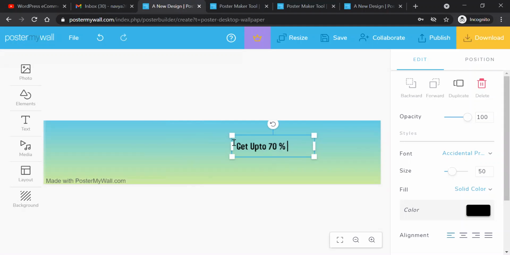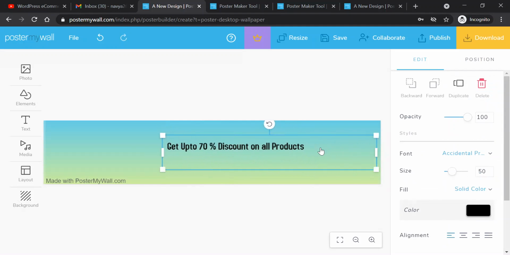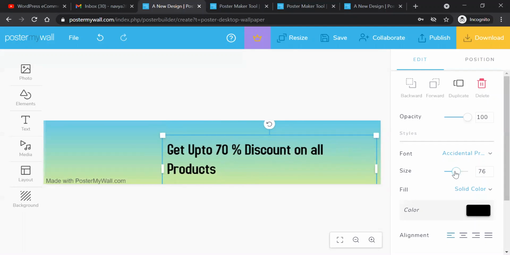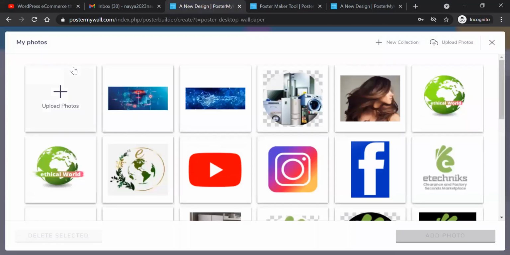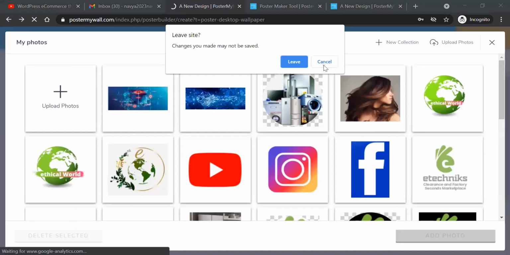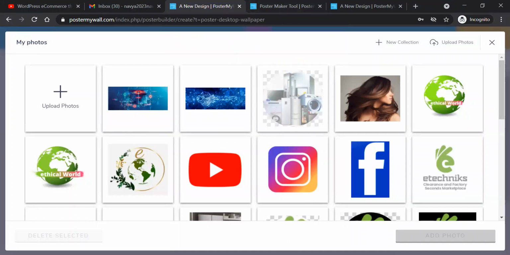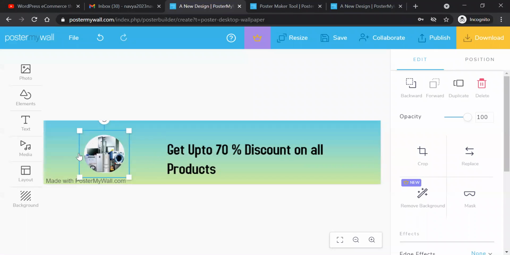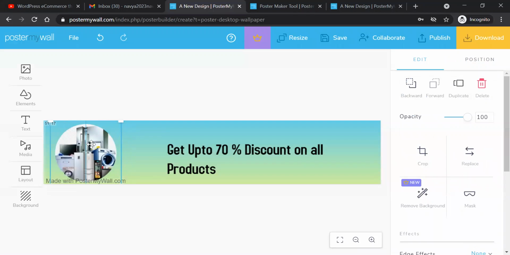Add 80%. Let's increase the size. Let's add more text, and increase this.